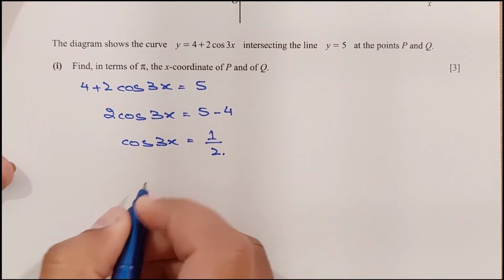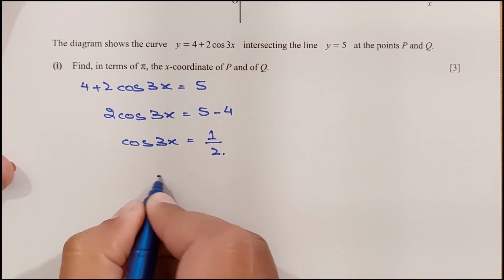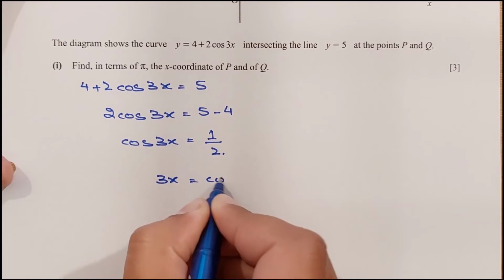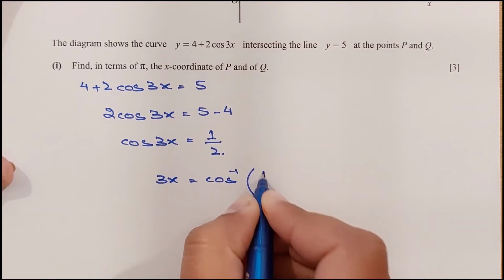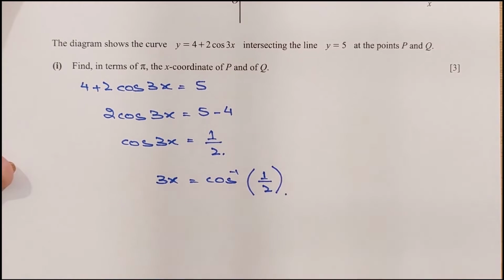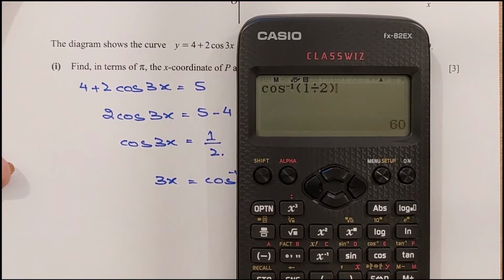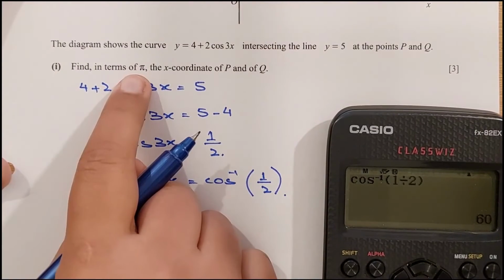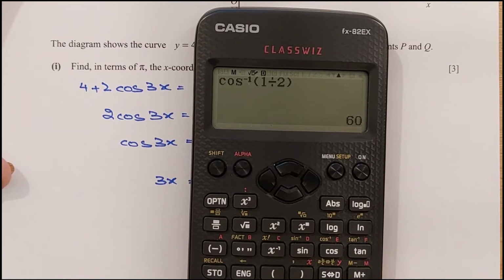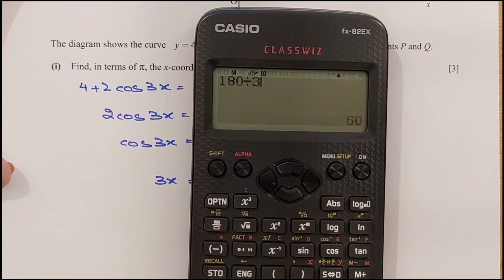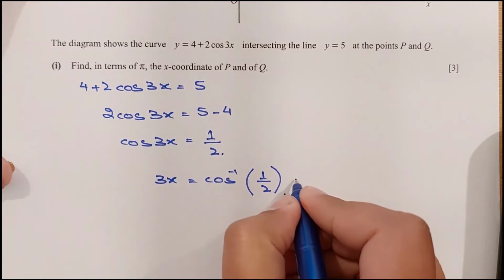And we can say that 3x equals cos inverse of 1 by 2. So what is cos inverse of 1 by 2? Cos inverse of 1 divided by 2 equals 60 degrees, but we need to find the answer in pi. So in pi, 180 divided by 3 is 60, so pi by 3, yes,